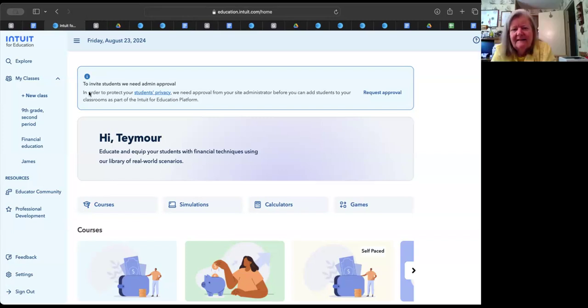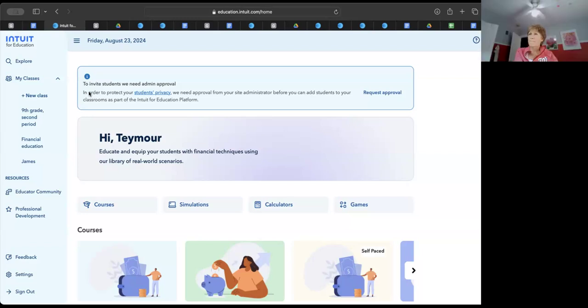Yeah, the difference between ProConnect and TurboTax is that TurboTax asks you a multitude of questions and fills out the form for you as you answer them. With ProConnect, you have the data with you when you're putting it in yourself, so it's a little bit quicker. Yeah. Okay. Yeah.